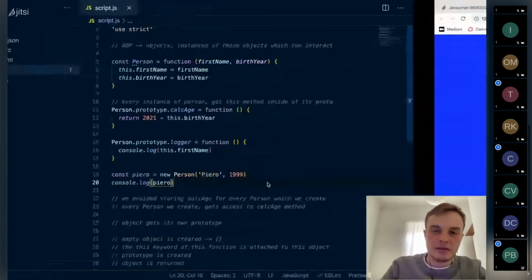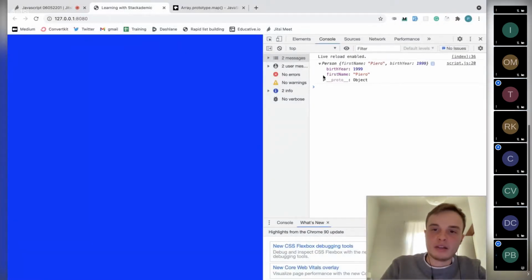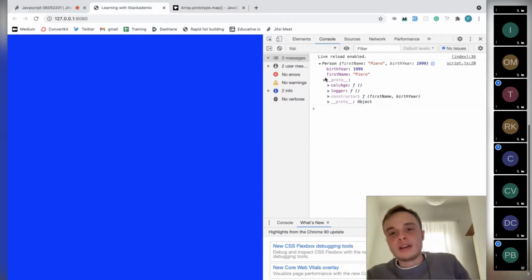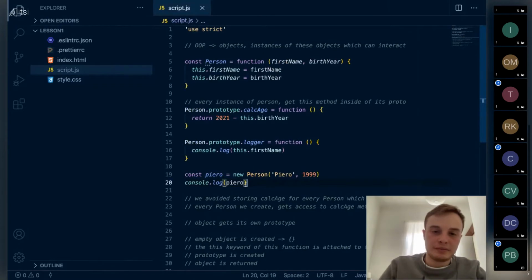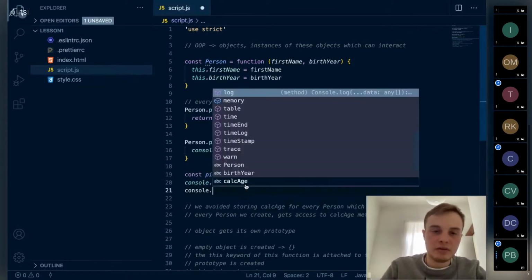Okay, we got Piero here, and its own prototype, calcAge and logger. When we call, for example, Piero.calcAge down below,